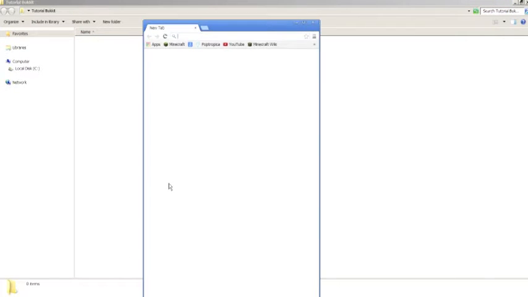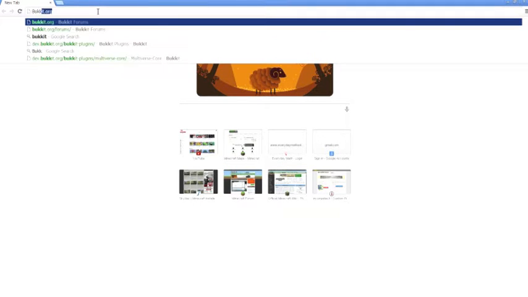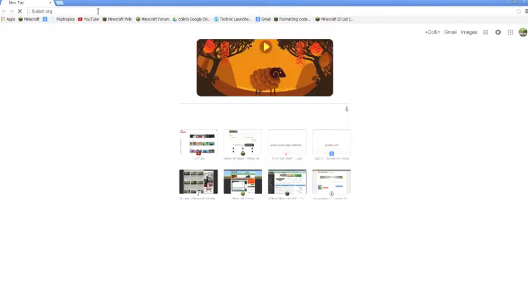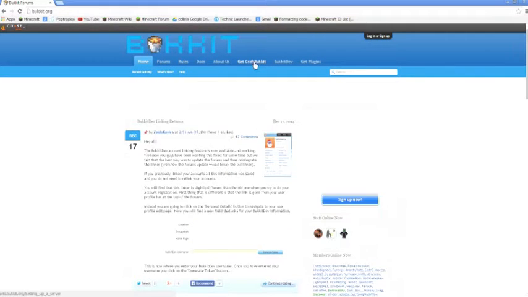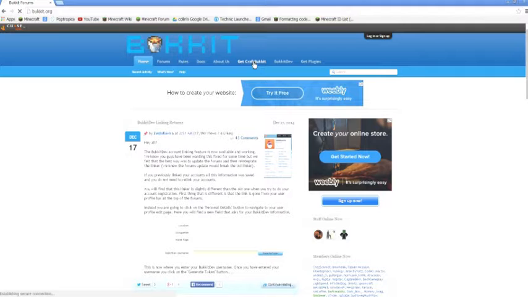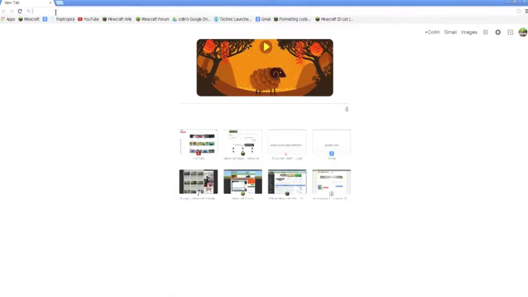If we go into Google Chrome, which is one of the best browsers, we want to go to bukkit.org. Now, you want to get CraftBukkit. Unfortunately, this will not work anymore because it has been shut down by the DMCA on that site. Just for the heads up. Where you really want to go is